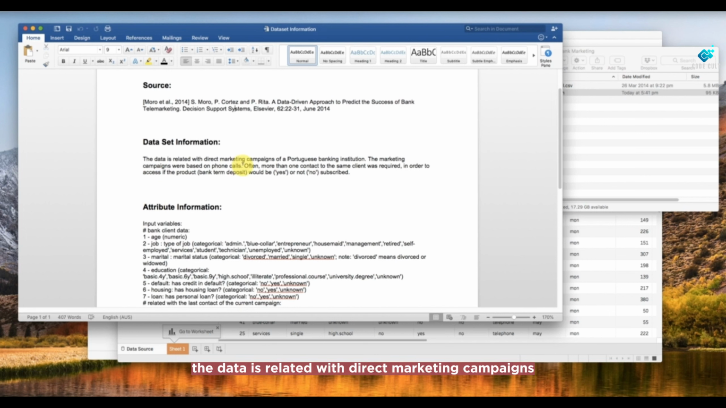The data is related with direct marketing campaigns of a Portuguese banking institution. The marketing campaigns were based on phone calls. Often more than one contact to the same client was required in order to assess, I'm assuming this should be assess, not access, if the product bank term deposit would be yes or no, would not be subscribed. So basically,